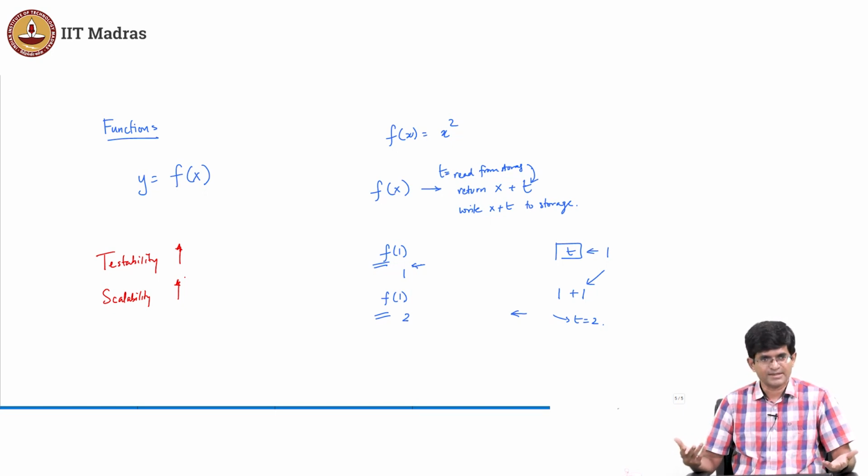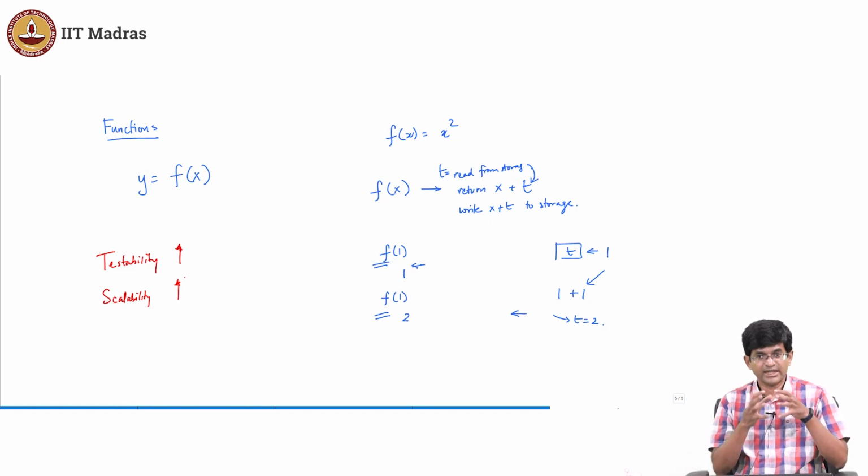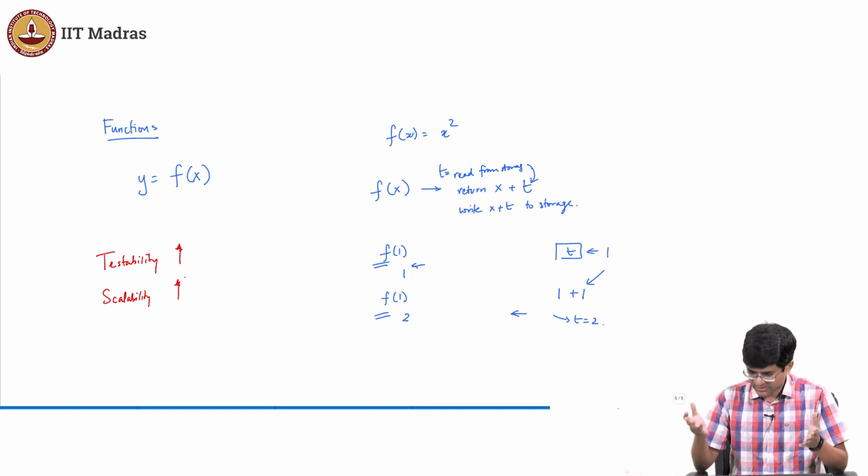Some of you might have heard this term serverless. This is what serverless is. Why does serverless come into the picture? Because I don't really need to have a specific server. I just have a function that has been defined in such a way that any time I run it, it is just going to perform the computation and give me back the result. It can spin up at a moment's notice anywhere on the cloud and give me an answer. And things like Google App Engine really scale beautifully if you have your functions cleanly defined like this.